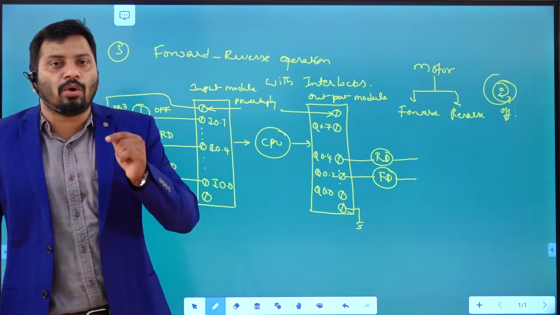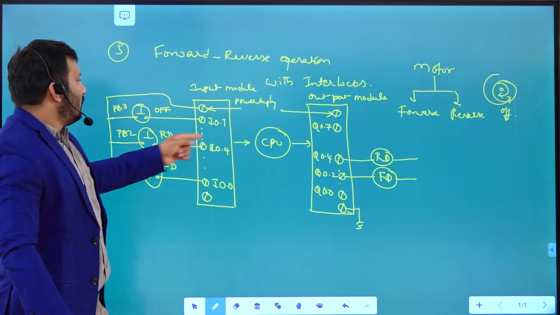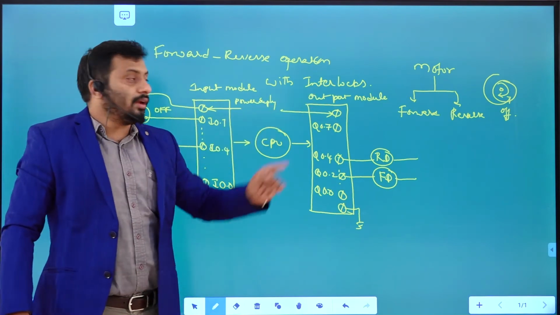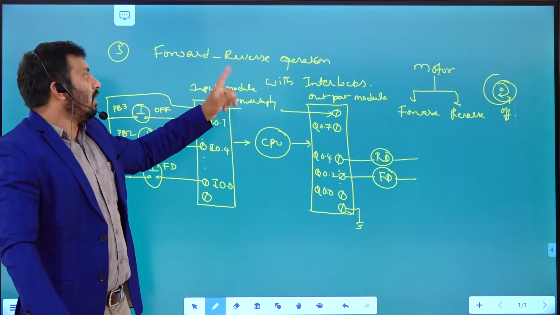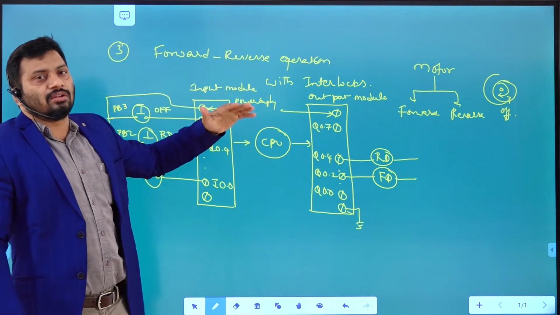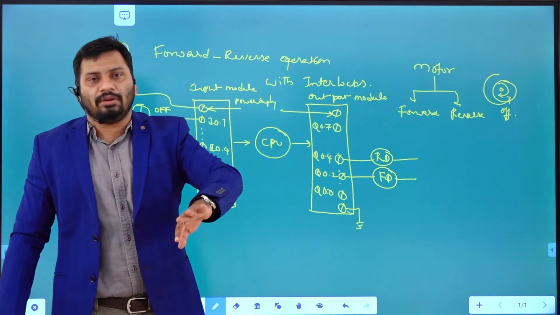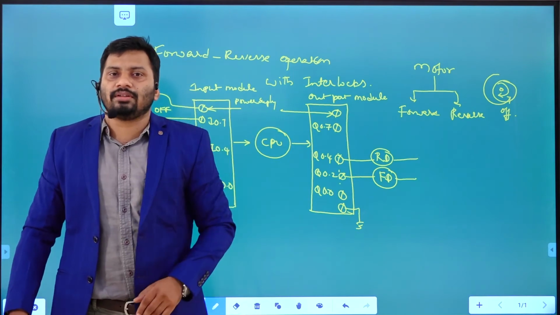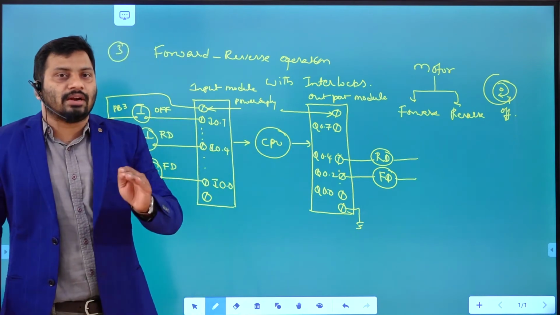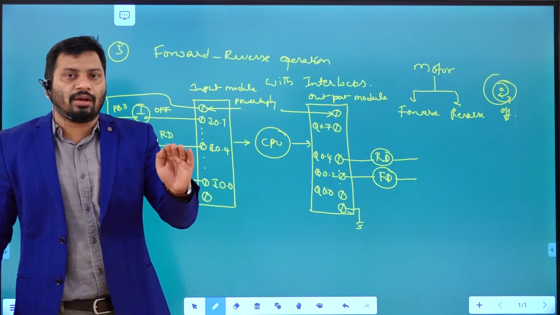Output action, how you want to control, right? Based on this particular data, you want to control the motor in that manner. What manner? Forward direction, reverse direction, and off condition with interlocks. With interlocks means if the motor is rotated in the forward direction, it should not be in reverse. If the motor is rotated in the reverse direction, it should not rotate in the forward direction. So that needs to be maintained at the output by interlocking.